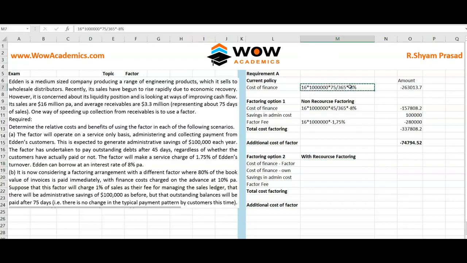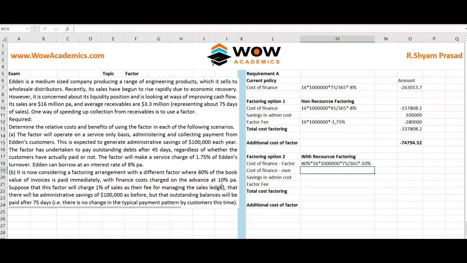So we'll copy the first sentence and we'll use that. So if the factoring is going to take care of this book, he will charge how much? He won't charge 8%, he will charge 10%, but he will give 80% of that finance immediately. So 80% of the book value he will pay immediately. Okay, so it works like this: 80% of the trade receivables he will give. Okay, and for 75 days he will take the collection period and he will charge 10% as the interest for